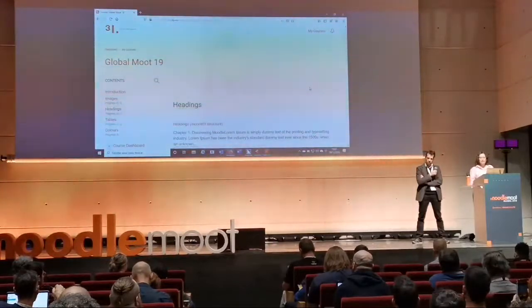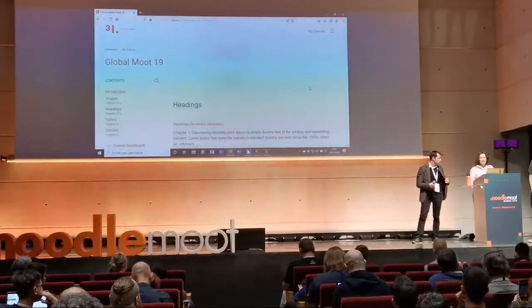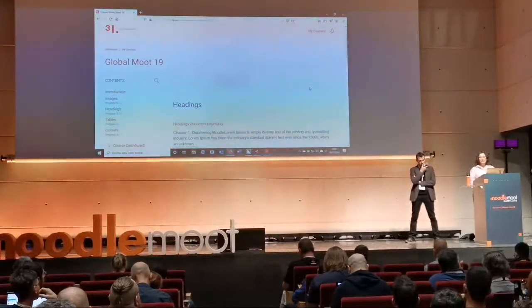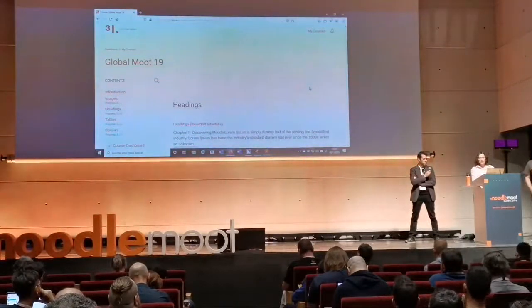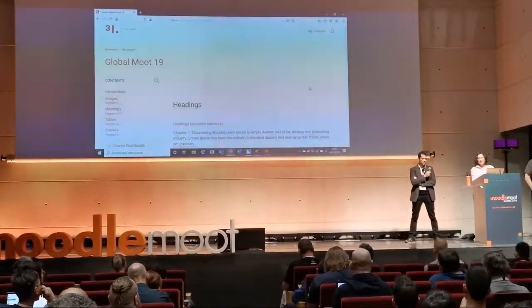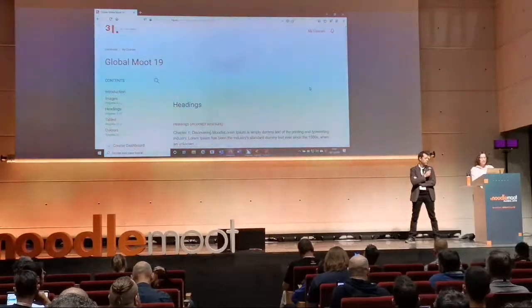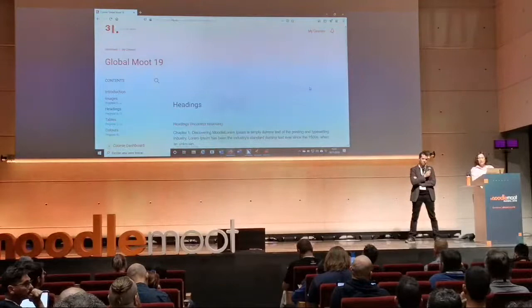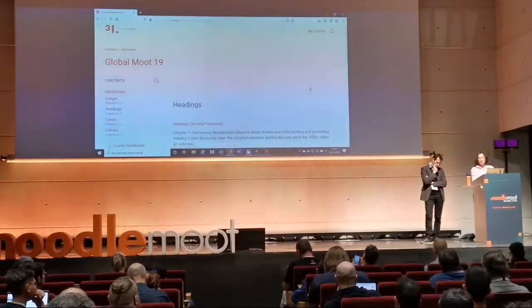But it's important to mark these titles like headings, because if you don't do this, it's impossible for a screen reader user to jump from one section to the other. So if you don't put these titles like headings, I have to read all the text. You know, for example, when you see a book, you can choose the titles. If you see a website, you can choose where you want to go.